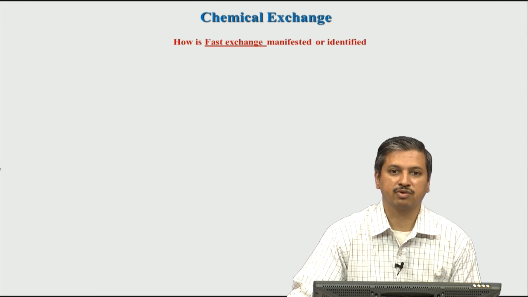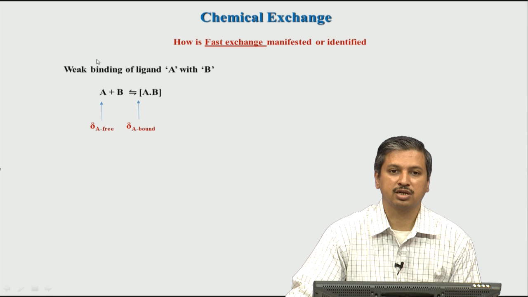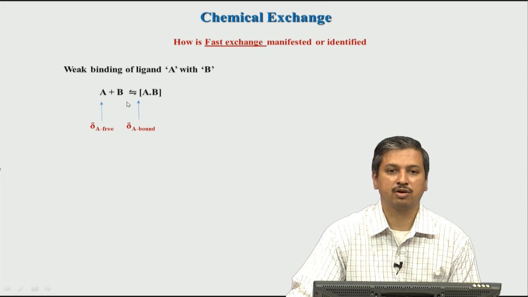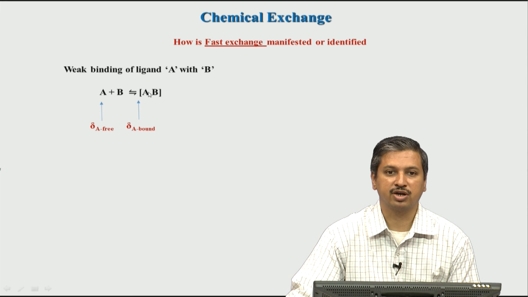So, that is for slow exchange. Now let us see what happens if it is fast exchange. Let us again look at this example where a ligand is added to protein B and it forms a complex, and that complex is a weak binding complex, meaning it is not tightly binding. So, there is a constant population of free and bound, and it is not a small population of free; there is a large population of free, because whatever goes comes back in a fast exchange, and therefore it is not a strong complex. So, what will happen in such a scenario?